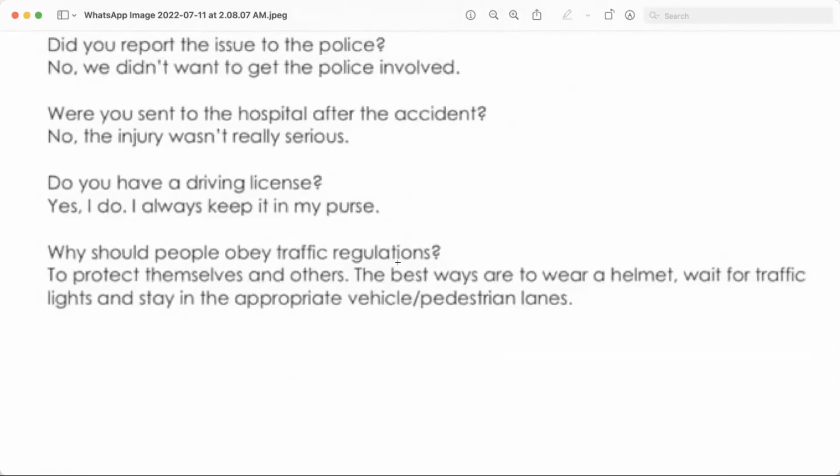Why should people obey traffic regulations? To protect themselves and others. The best way is to wear a helmet, wait for traffic lights, and stay in the appropriate vehicle or pedestrian lanes. So pedestrian lanes, and like